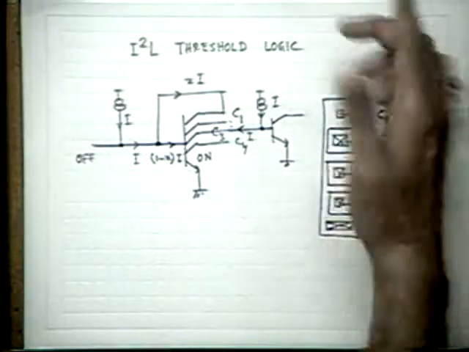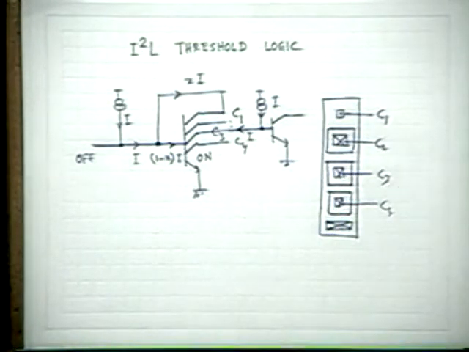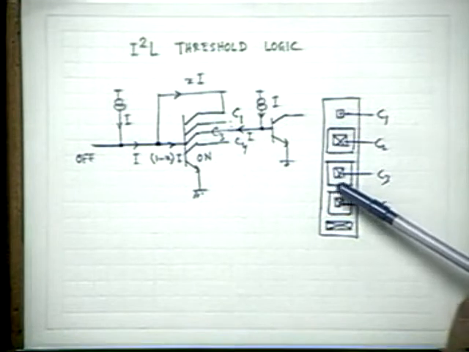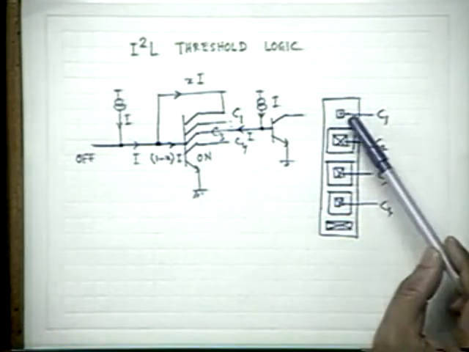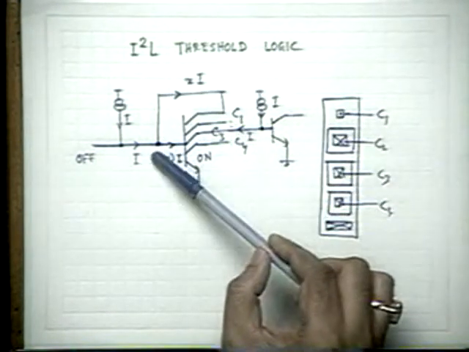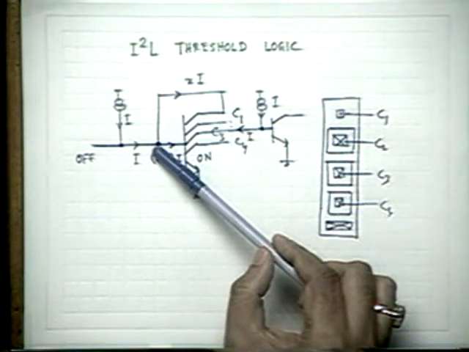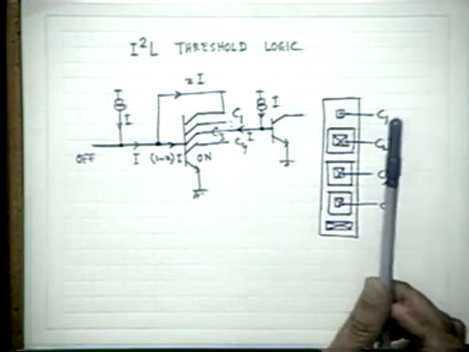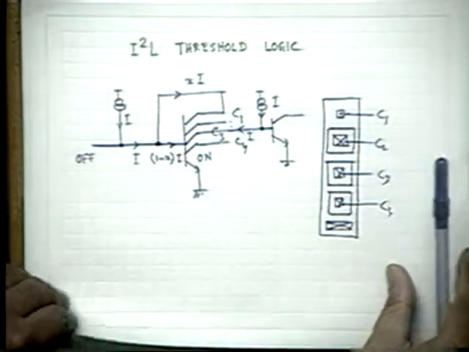But in doing so, a very nice thing was observed. Some people found, suppose I make all the collectors with the same area, normally all the collectors have the same area, or a little bit different as you remember, as you go away. But for simplicity, we can assume all the collectors practically have the same area. Suppose now one of the collectors is simply connected to the base, what is going to happen? And they found a very fantastic thing taking place. Let us see what it is.